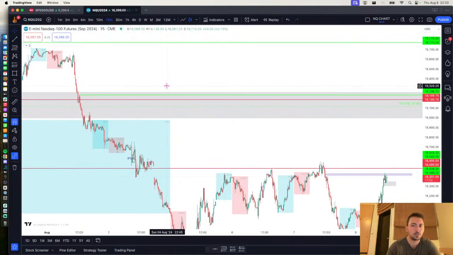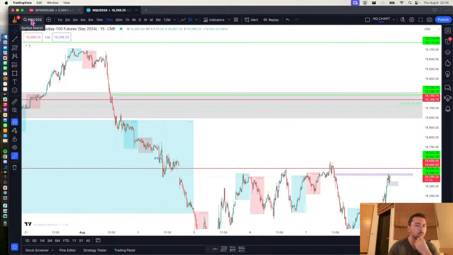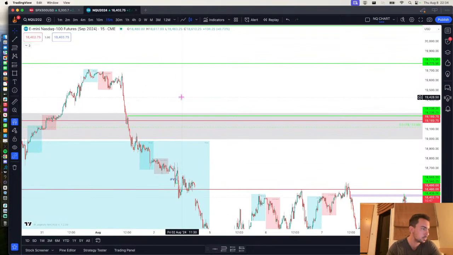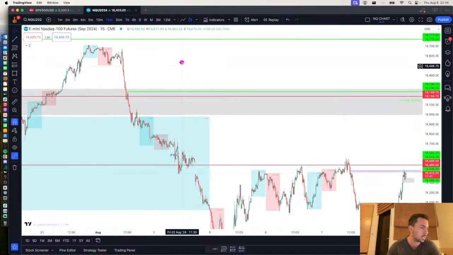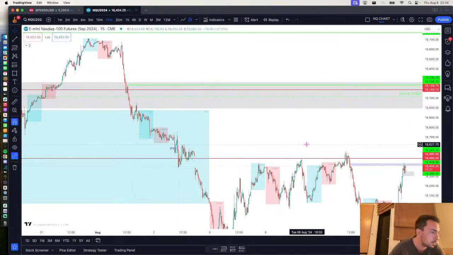We have equal highs. So on my charts, if you ever see these green lines, these are perfect equal highs, and I always use NQ. I never use MNQ. You always use NQ for any data points, whether it be equal highs or equal lows, whatever you're looking at, sell side liquidity, just use NQ. It is the way to go. Don't use the micros. You can use the micros to trade, but for whatever you're trying to find out,